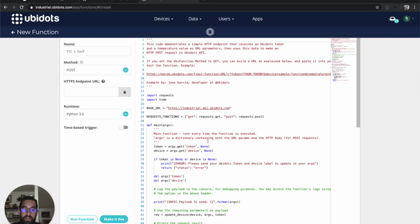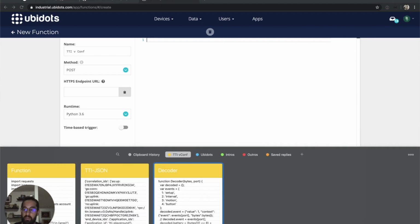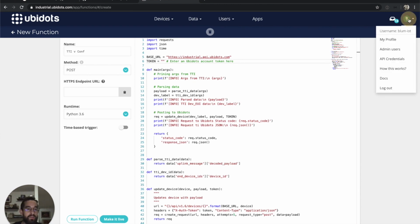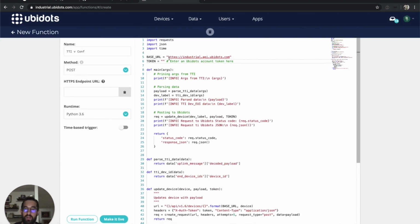Now, the coding part. Here in the editor, I'm going to select all of this and delete it and paste my own function, which I have in the clipboard. If we have a close look, here on line 6, we need to input a token, an authentication token from our Ubidots account. You can find one in the avatar dropdown on the API credentials. So copy it, paste it, and before we launch our custom API,